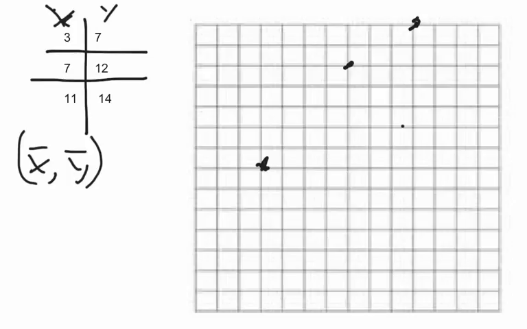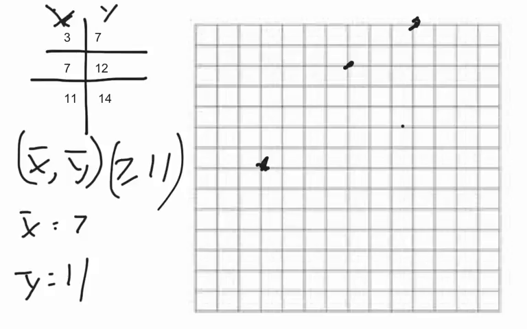So x bar is equal to 7 and y bar equals 11, so we know that there's going to be a point at 7, 11. Okay, and so when we go through, the point 7, 11 is right here,